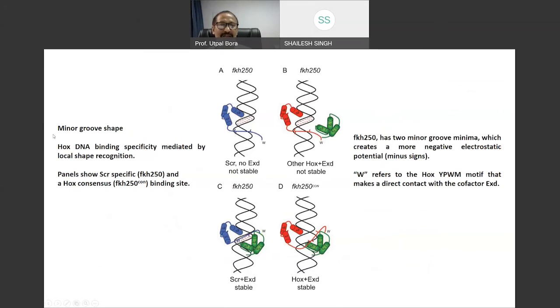So here we are focusing again on the minor groove shape. Okay. Here Hox DNA binding specificity is mediated by local shape recognition. We are discussing local shape readout. So here we have two panels, SCR specific FKH 250 and a Hox consensus FKH 250 consensus binding site B. Okay, then